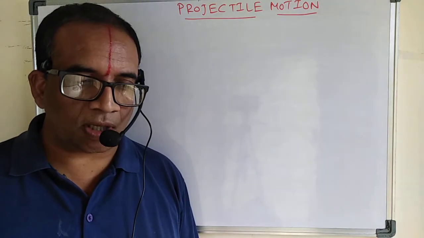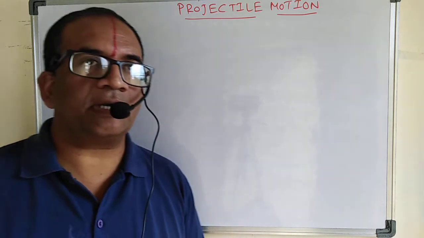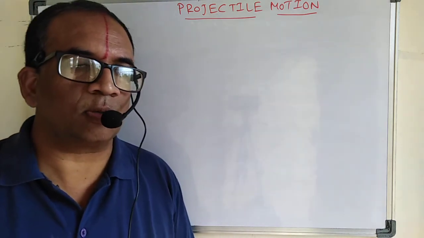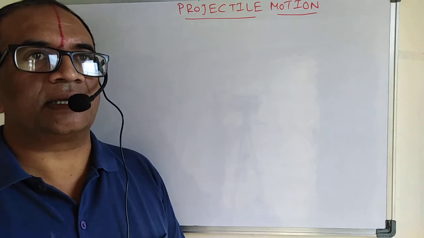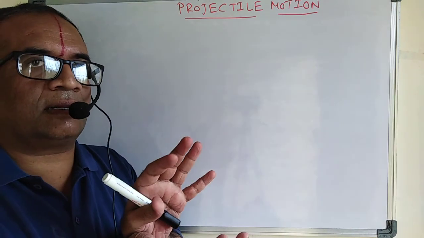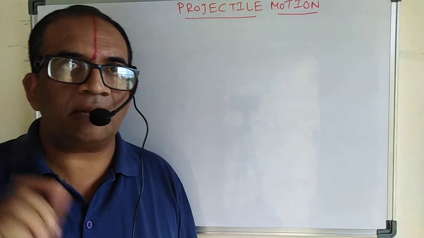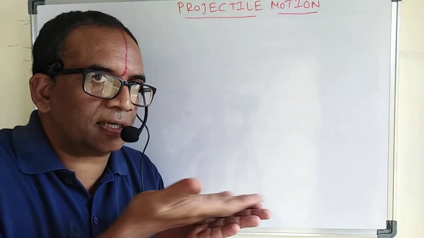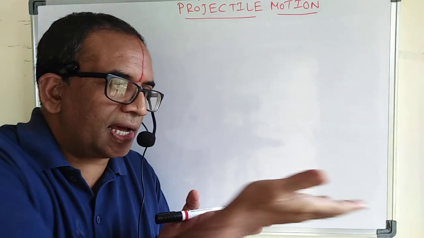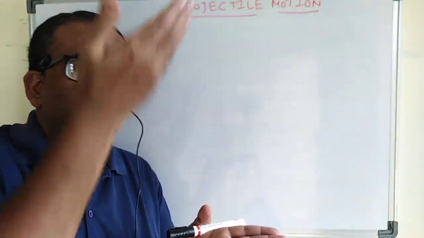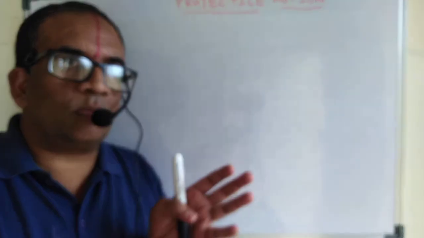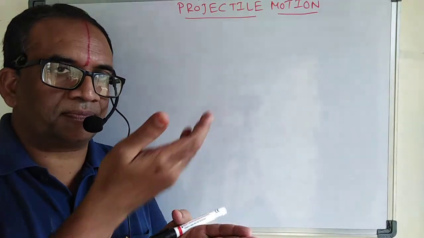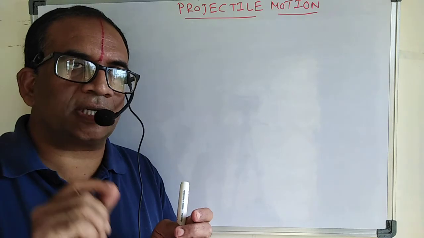I am Siraj Kumar. So today we are going to discuss motion in a plane. Motion in a plane means what? It's like a two-dimensional motion. In kinematics we discussed when a particle is moving in the horizontal direction or in the vertical direction. Now we are going to combine both the motions, meaning both the x-axis and y-axis. That is called motion in a plane.